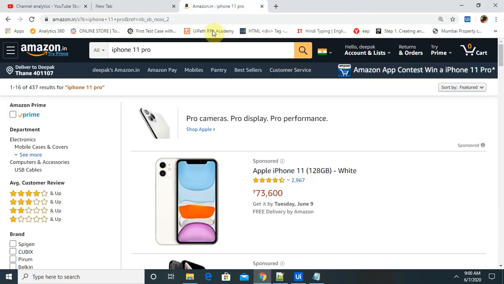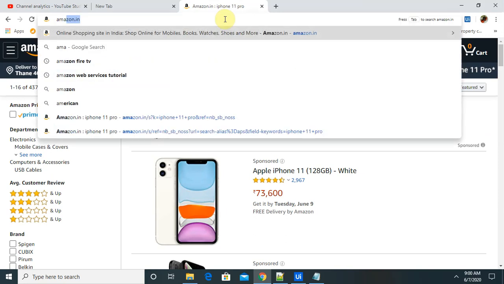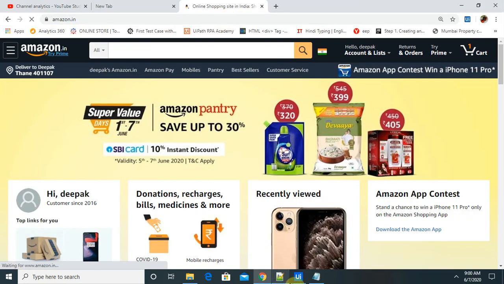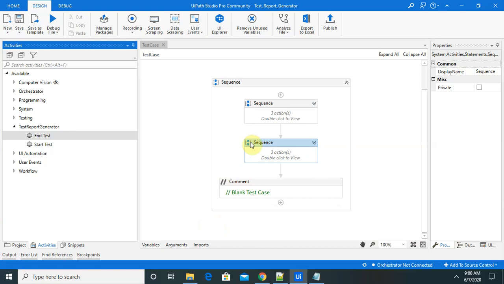Again I need to open it to Amazon.in. Cool. Let's run this and see the result, how the report will be generated.